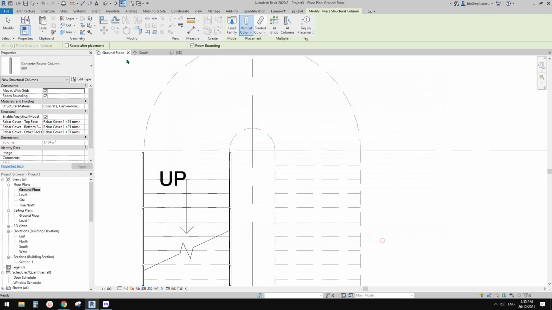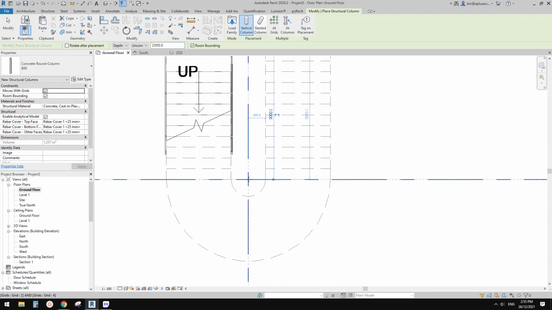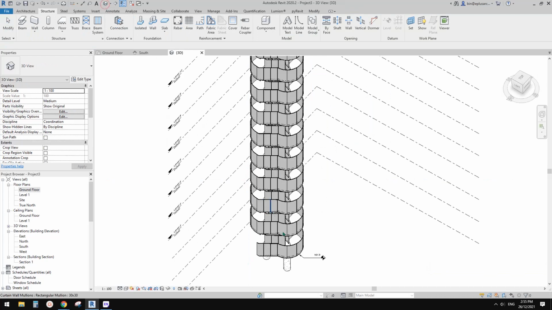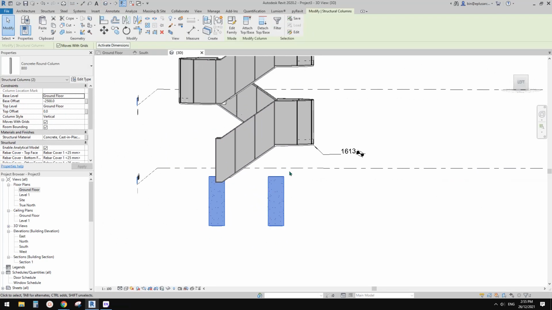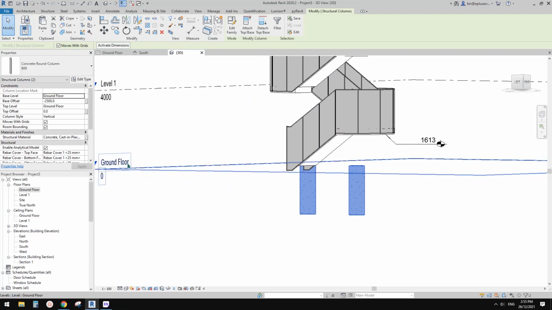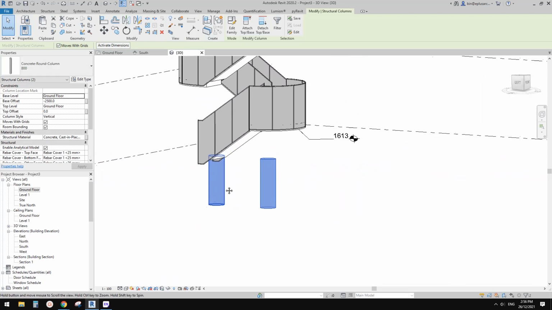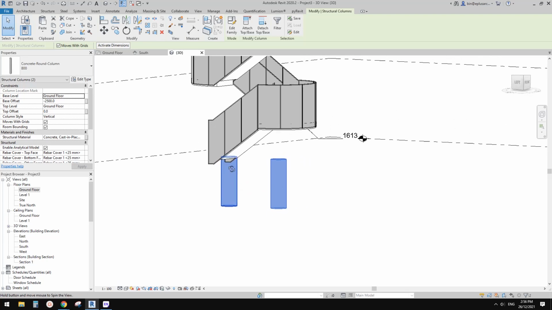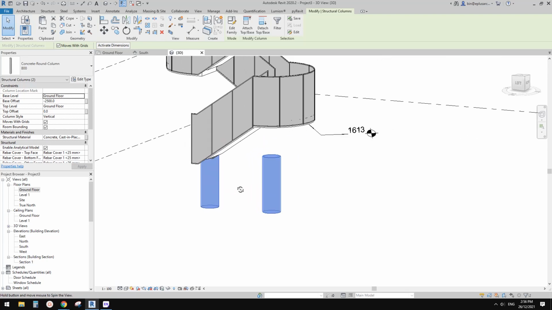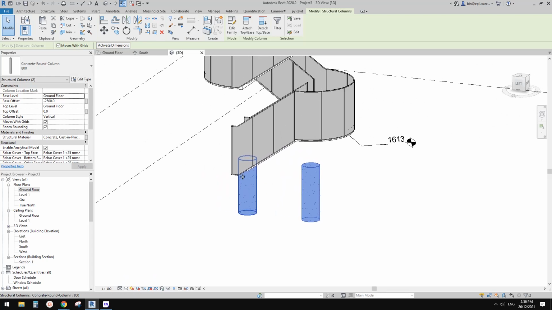Okay, and also I'm going to use height. I'll just place it. I'll use depth for now. So place one here, another one here. So if we go to 3D view, we have these two going from ground floor into the underground. Okay, so I'll go, and then I'm going to Control C,